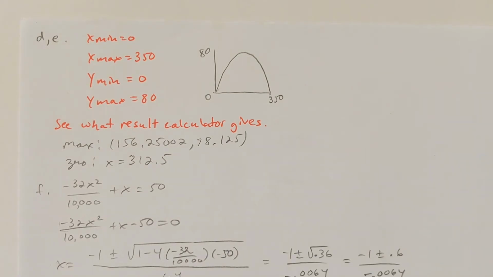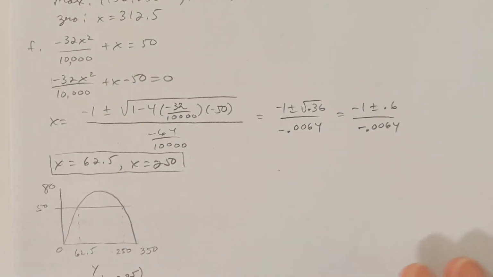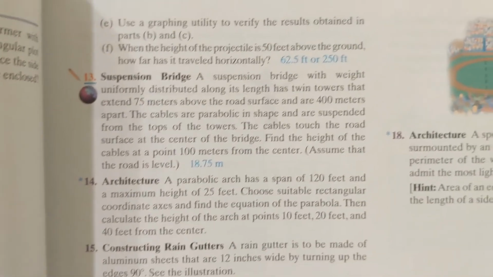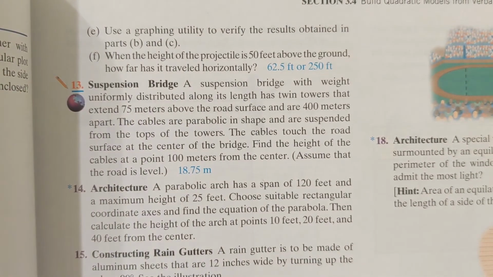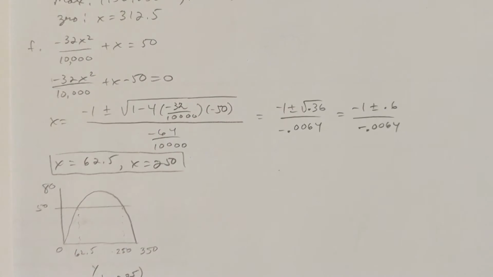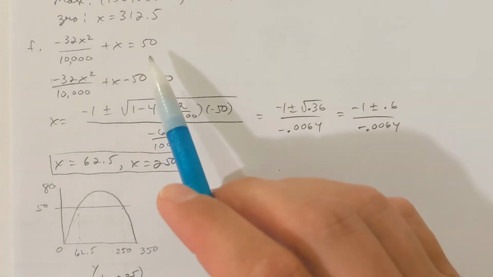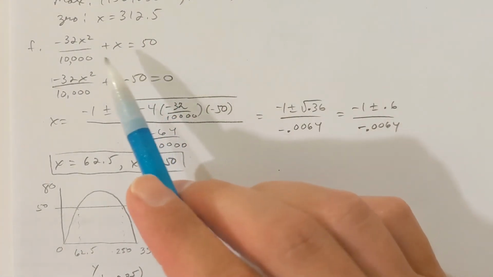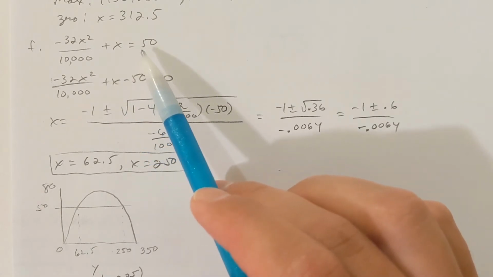So let's see here, part F. When the height of the projectile is 50 feet above the ground, how far has it traveled horizontally? Okay, so I would set the height equal to 50 feet and solve the equation when this is equal to